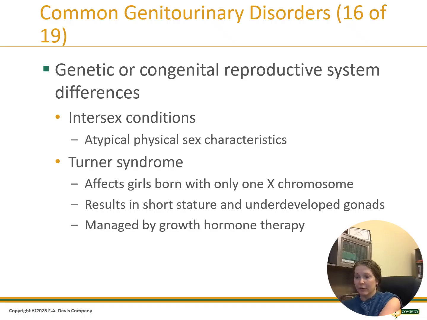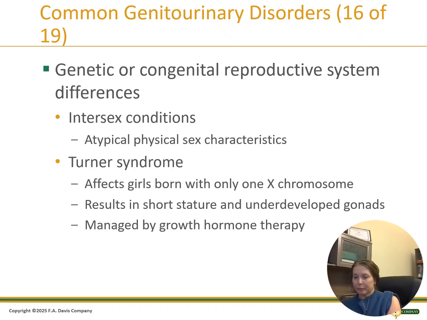So this can involve a difference in hormones or reproductive anatomy, external appearance. Management can include medical, surgical, psychosocial, but best current practice is to emphasize the individualized patient-centered care and avoid unnecessary